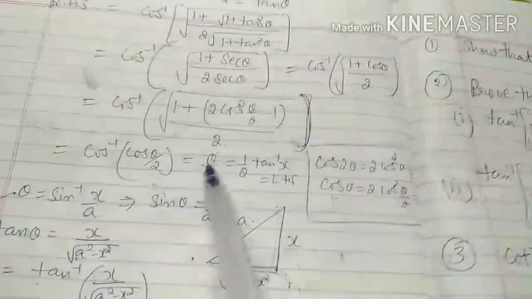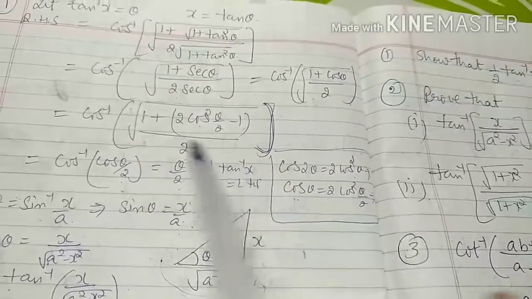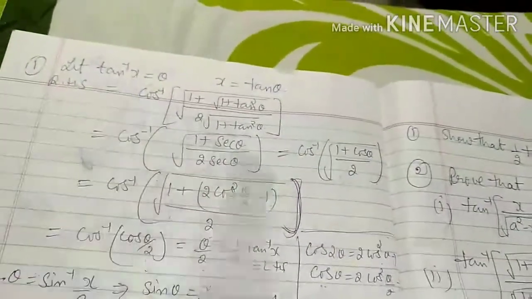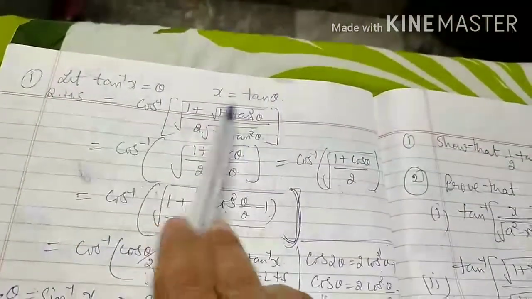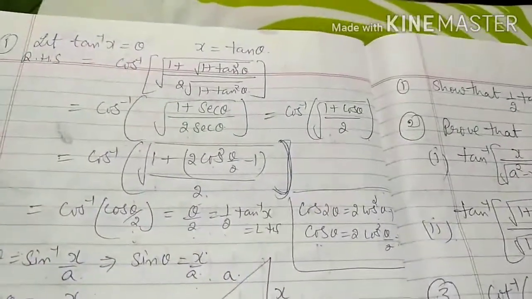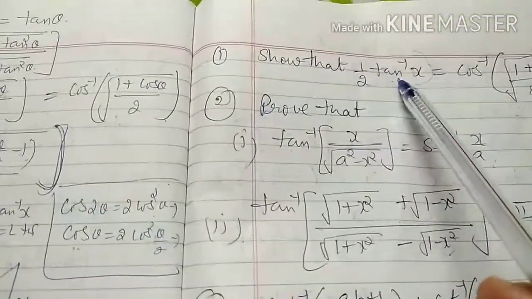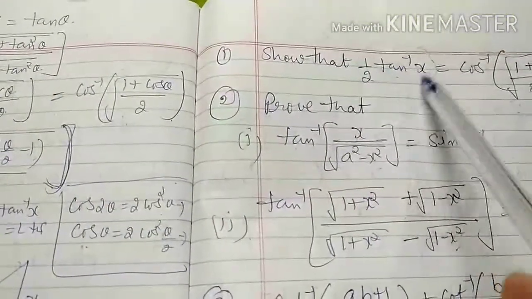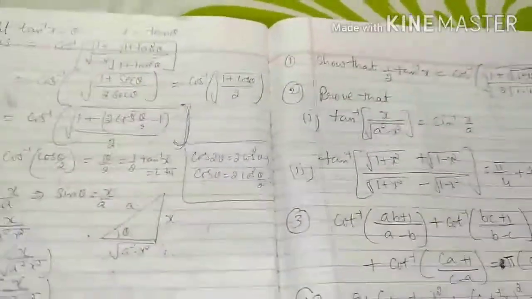cos theta by 2 is left, cos is cancelled, theta by 2 is equal to 1 by 2 tan inverse x, because theta is equal to, we consider at the top, tan inverse x, and when tan is shifted to the other side, that becomes x is equal to tan theta. So in that case we replace x is equal to tan theta, because on the left side the question is half tan inverse x. So whatever is on the other side, we consider this term as theta.